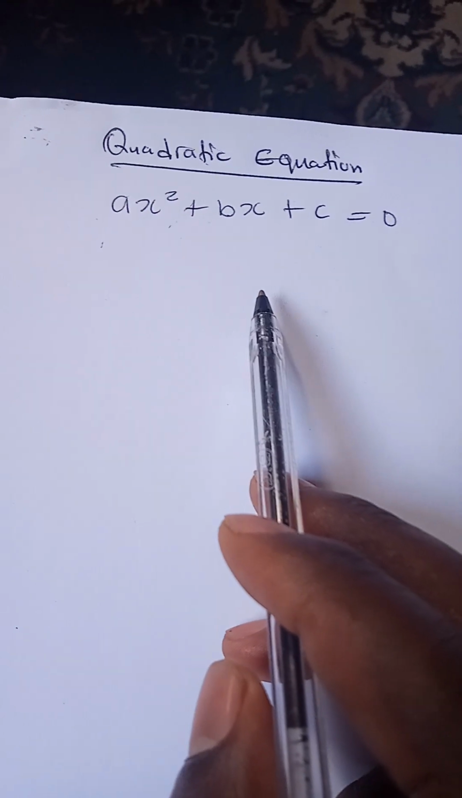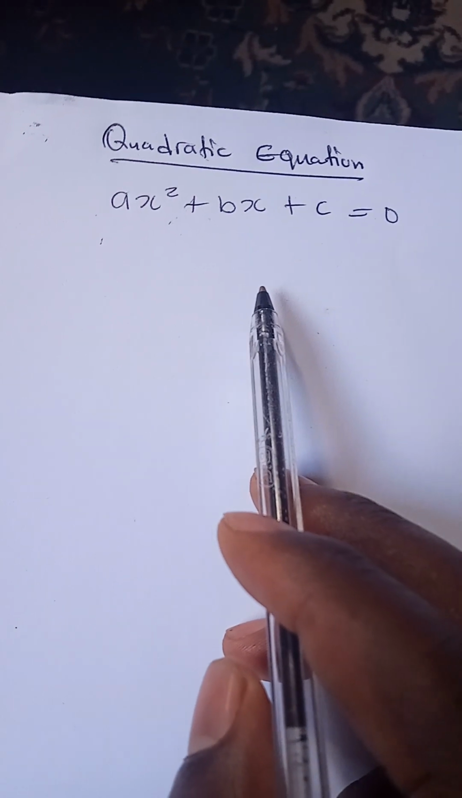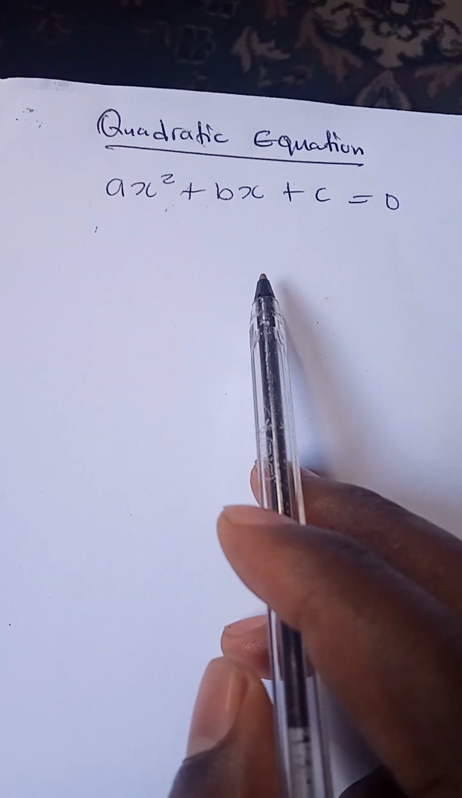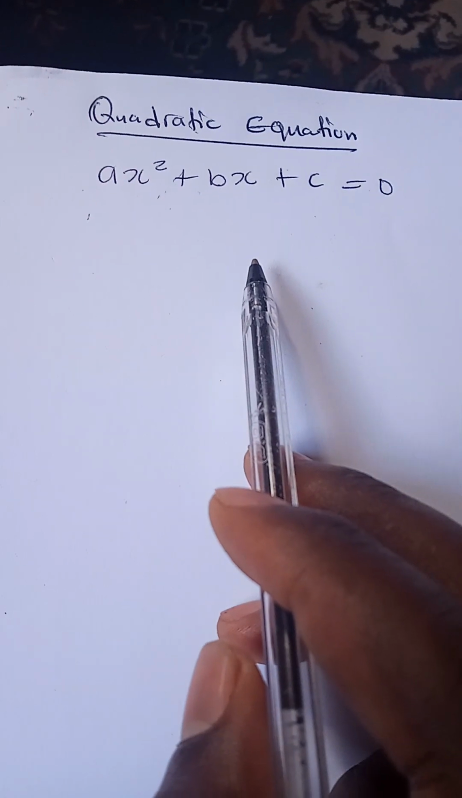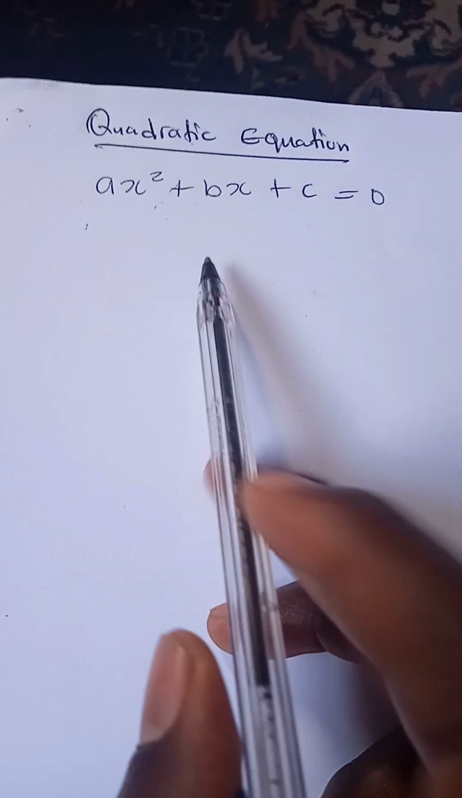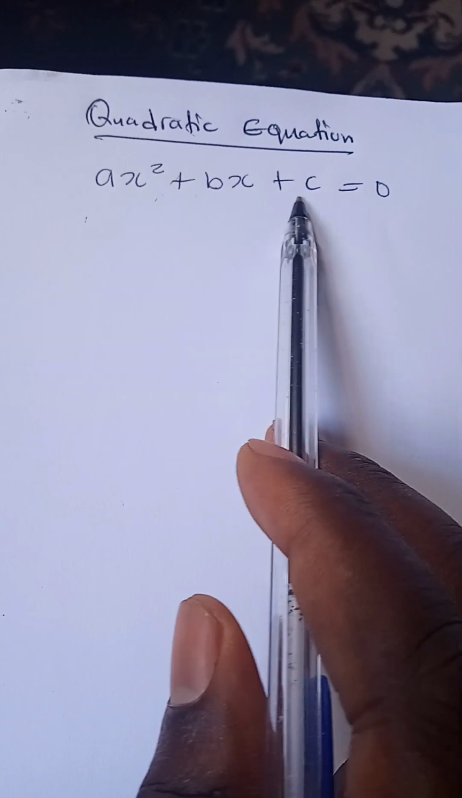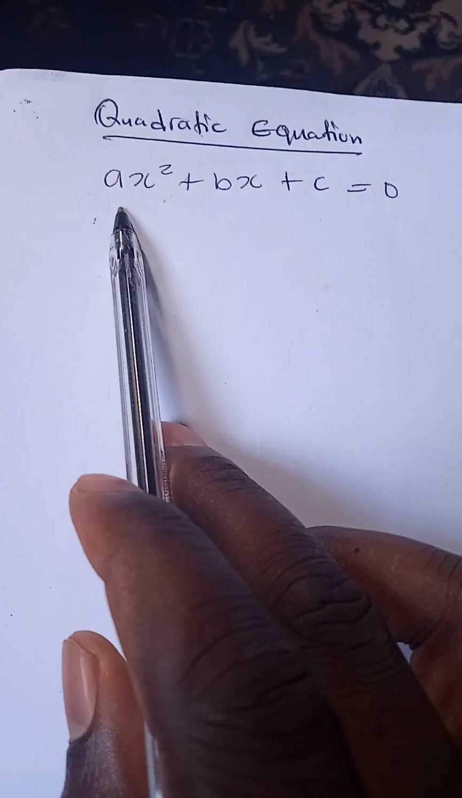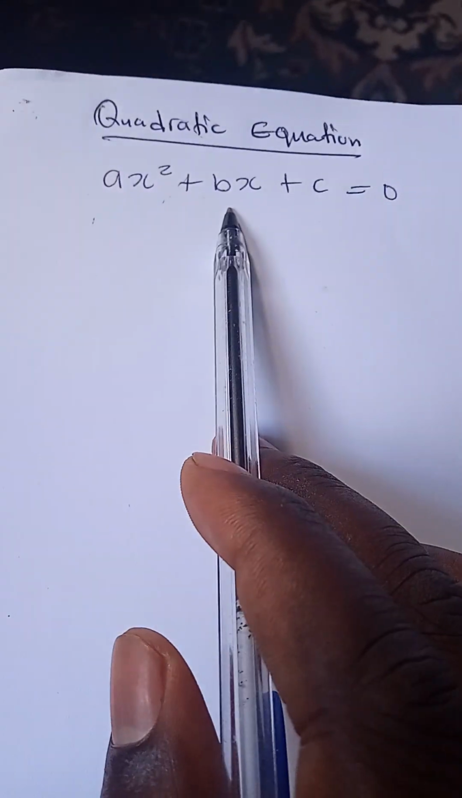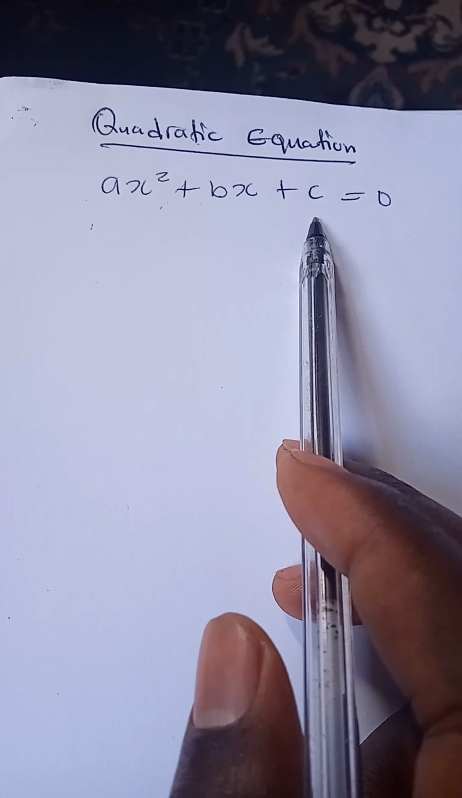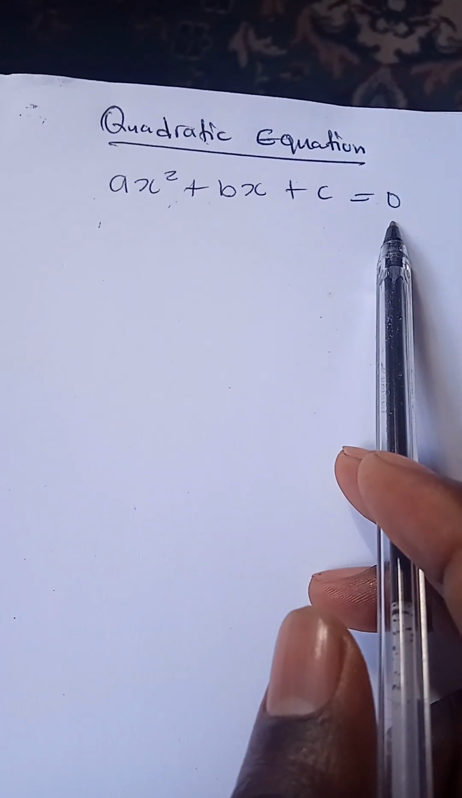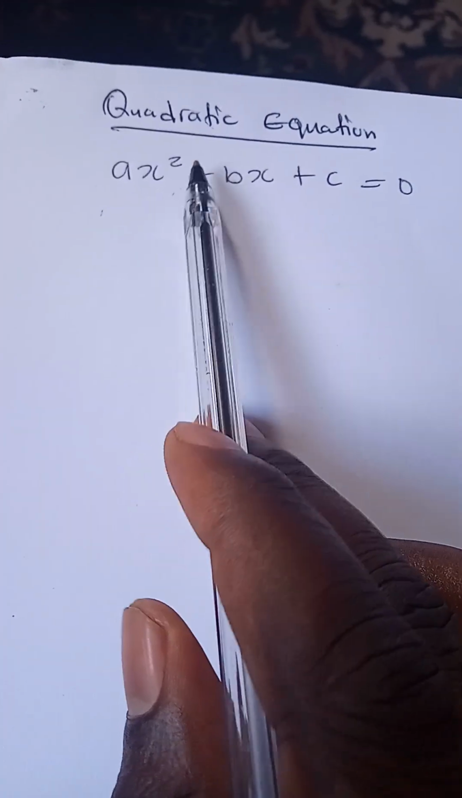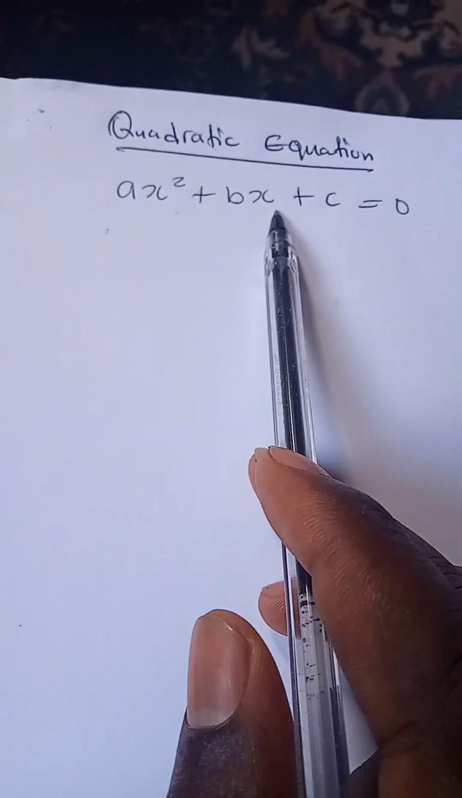So a quadratic equation is an equation of the highest degree x power 2, or x squared. This is the standard form of a quadratic equation, where we have ax squared plus bx plus c equals 0. Any equation where you see ax squared plus bx plus c is a quadratic equation,